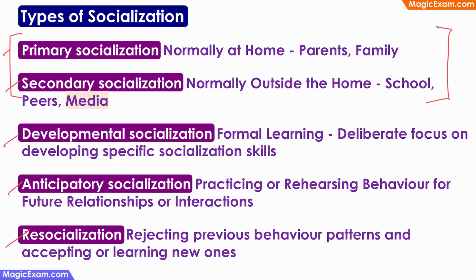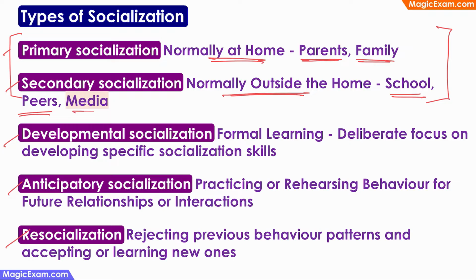Now, primary socialization normally happens at home, and this happens through parents or the family. So this is the first type of socialization that happens to any child. And secondary socialization normally happens outside the house. That is, it can happen at school, it can happen when the child is interacting with his or her peers,